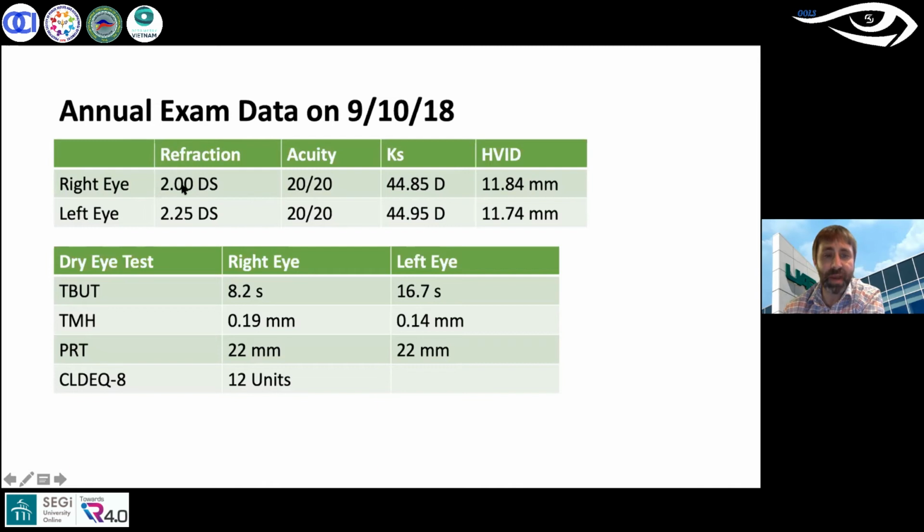This should actually say -2 refraction. Sorry about that. Normal Ks and normal corneal diameter, horizontal visible iris diameter. If we look at the dry eye data, we see this patient has, at least in the right eye, a